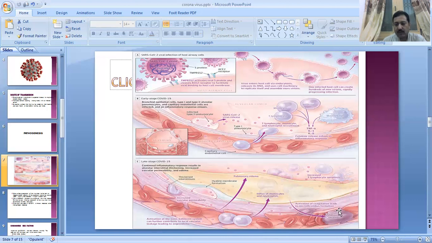हो गया तो वेसल के अंदर कोगुलम बनना शुरू हो जाते हैं, कोगुलम थ्रोम्बस के फॉर्म में बनते हैं। तो ये थ्रोम्बस किसी भी वेसल को ब्लॉक कर सकते हैं। अगर इसने हार्ट वेसल्स को ब्लॉक किया तो ये माइकार्डियल इंफार्क्शन करेगा। अगर इसने किडनी की वेसल्स को ब्लॉक किया है तो किडनी में इंफार्क्शन और निक्रोसिस करेगा। इस तरह अगर इसने ब्रेन की ब्लड वेसल्स को ब्लॉक किया है तो वहाँ पे स्ट्रोक हो सकता है।